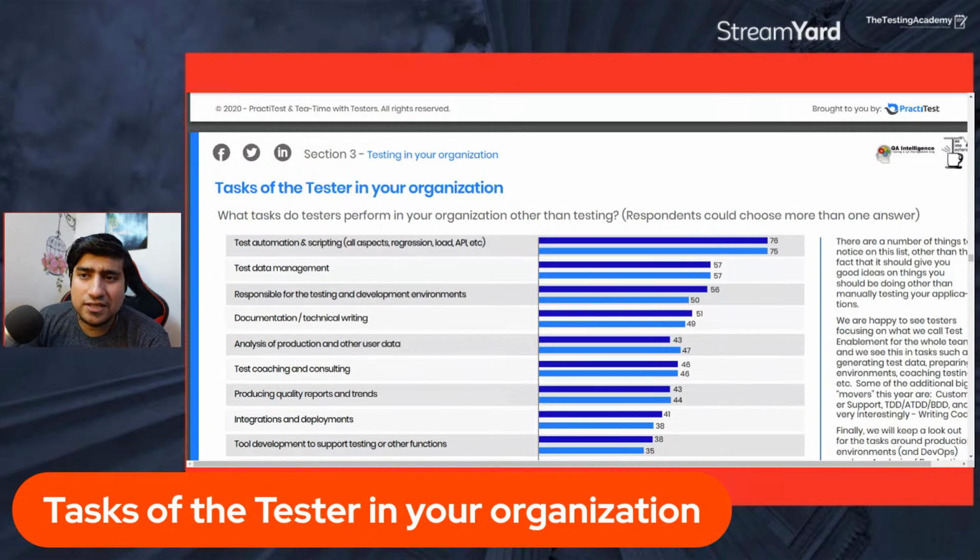So that's exactly what this report signifies, the major tasks. You have to do test data management, which is TDM, and the automation of your scripts. That's the most important thing. And sometimes they are responsible for development environments. Yes, even we do it. We have some testing and development environments that we take care of, right? All right, guys. Okay,